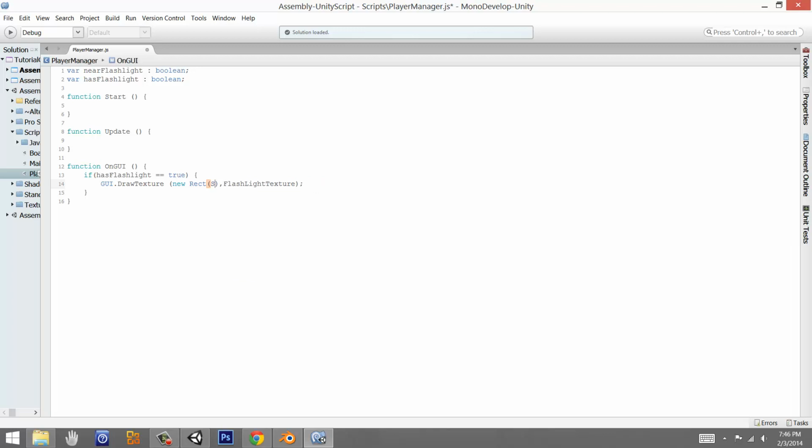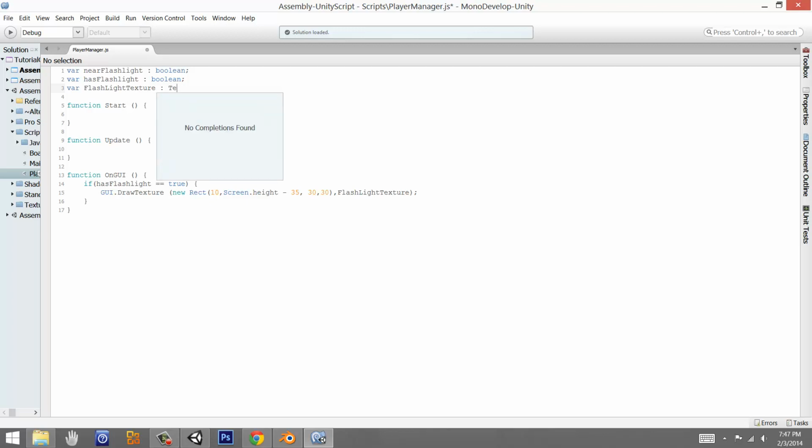Or where should we have it? We should probably have the bottom left corner. Okay. In that case, we're going to do 10, and then Screen dot height minus, then have it like 5 pixels up, so then the width of it could be like 30, so 35 I guess. Okay, and then this is going to be the width and height of the actual picture, so we're going to do 30 by 30. Okay, so it's going to be 10 from the left and 35 from the bottom, and then 30 by 30, and then the picture that we're getting, which is going to be another variable,